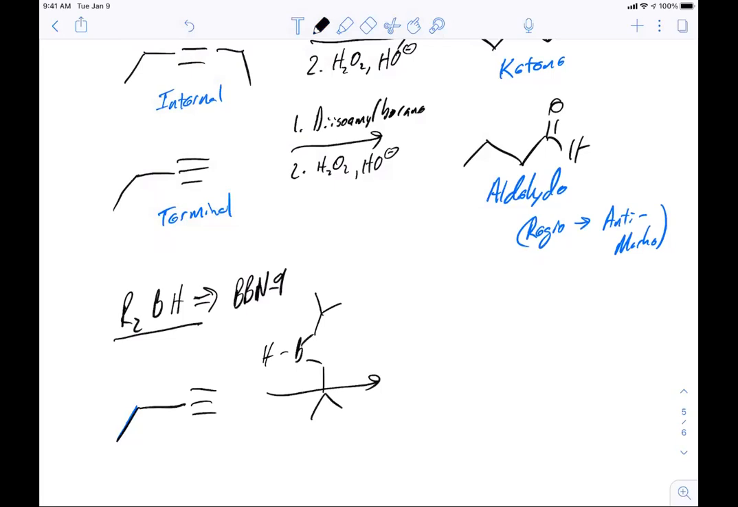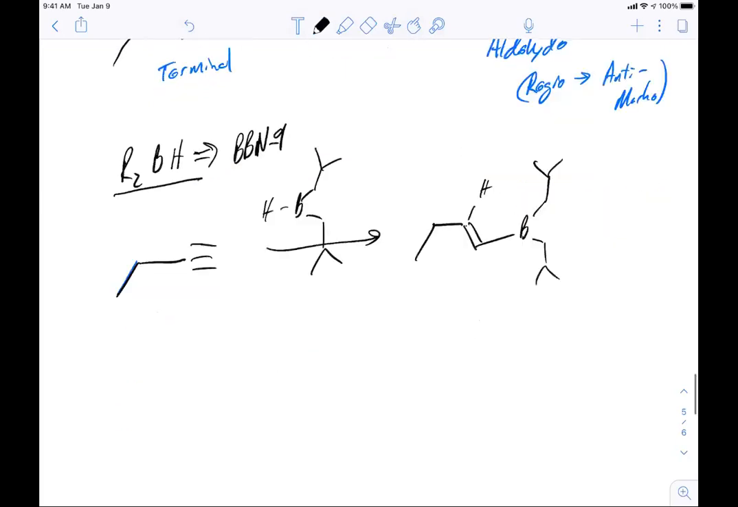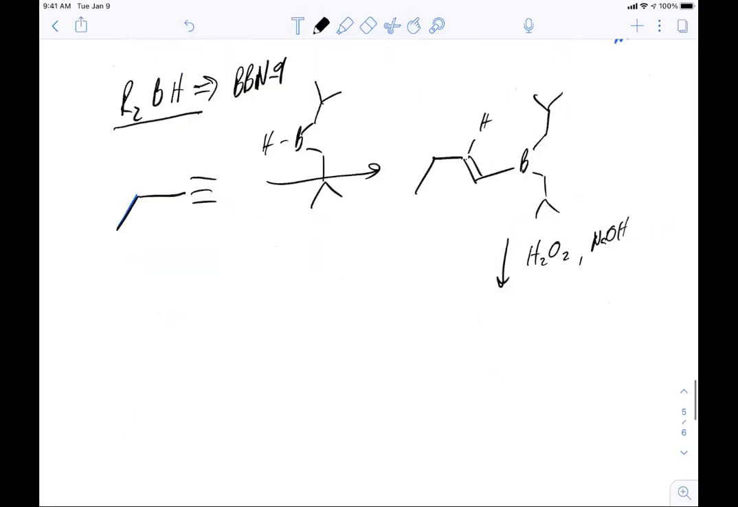Okay, so we have some type of DR group like this. I mean, 2 R's and a hydrogen like this. That then results in our boron added to the least substituted side. Hydrogen added to the other side. Then our hydrogen peroxide in base solution